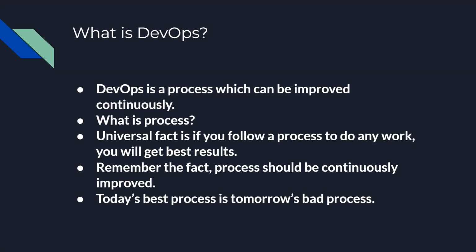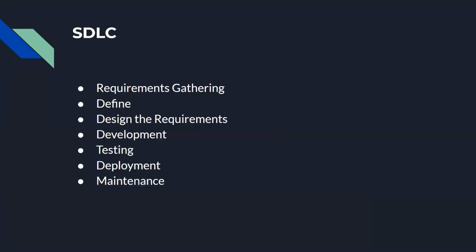What is the improvement? What can we do this? How can we achieve this? This is the main point you should understand before you learn DevOps. If you don't know this point, maybe you will always feel something is not clear, something is not fulfilled. So before you learn DevOps, just understand this point. What is the process? How can it be improved?